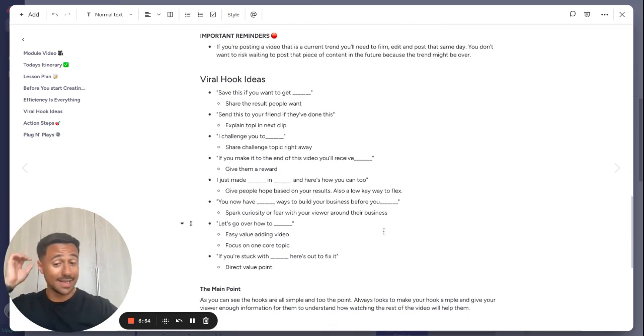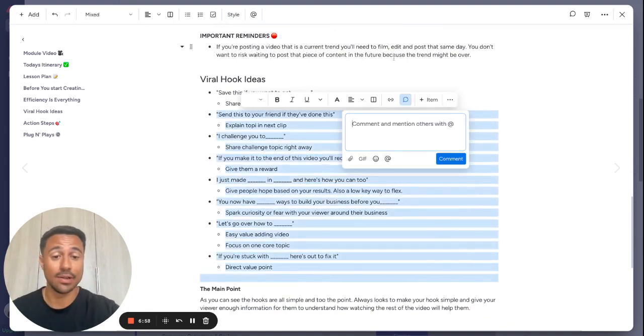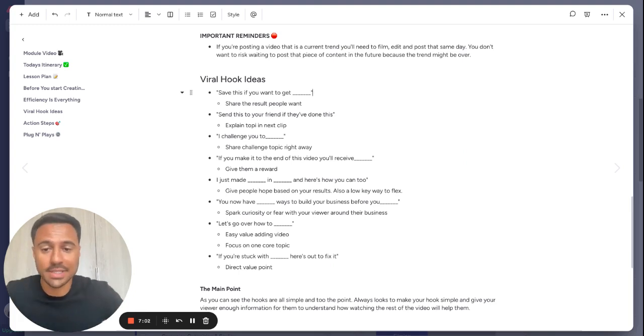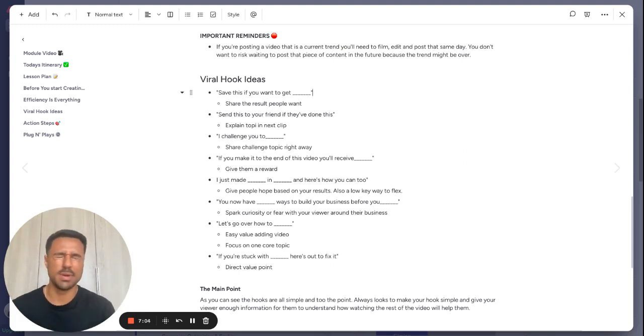So, viral hook ideas, guys. I'm not going to go through every single one of these. These are all for you to use. I use these myself, so they're really, really good. These are basically kind of plays. This all plays into the psychology of when people are scrolling through TikTok, people's attention spans are